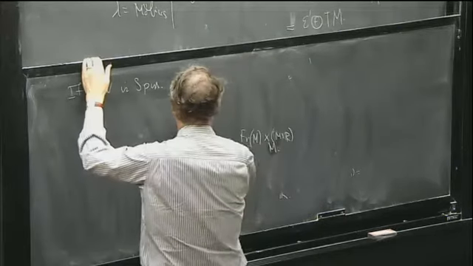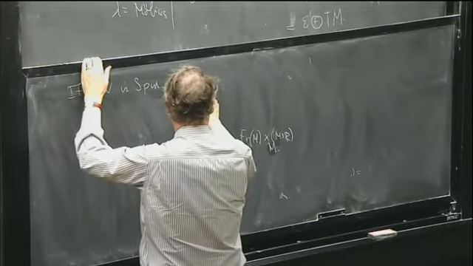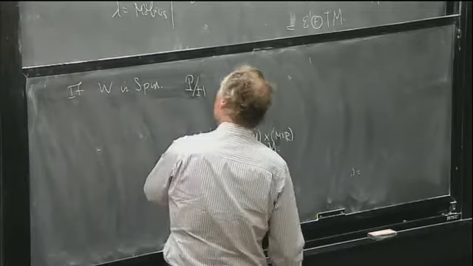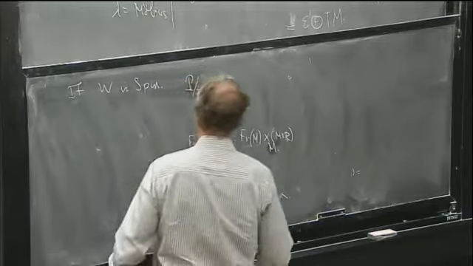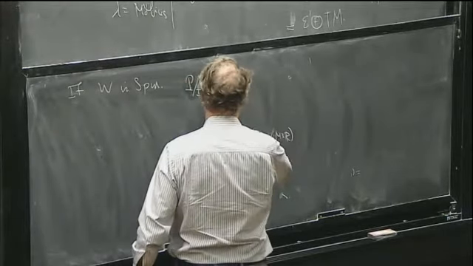Okay, and now we have a spin structure here. Using my diagram of groups, which is now gone, you see that this induces a spin structure for M,